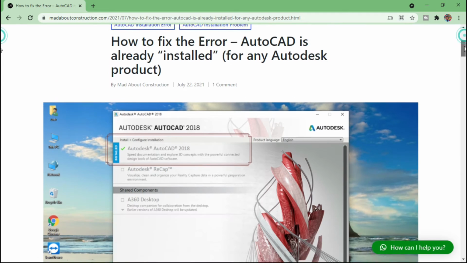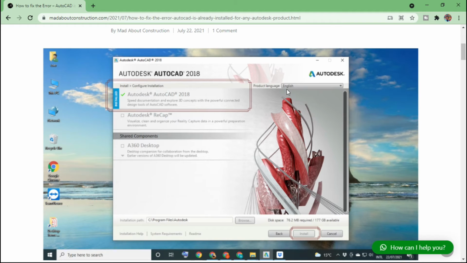My name is Deepak Varshani, and in this video we will talk about one Autodesk error. Whenever you are installing any Autodesk product like AutoCAD, BIM 360, ArtCam, Maya, then you may face this kind of error. Some products come with the green flag installed, and when you try to install it again, it doesn't appear. This button becomes green, and when you check these products in your programs from the start menu, you don't find it,